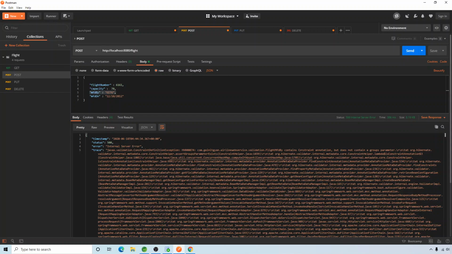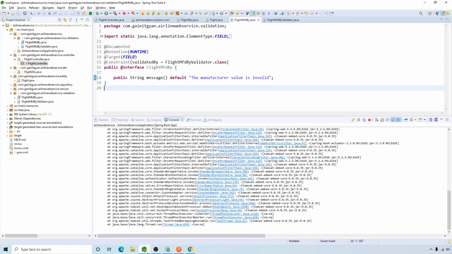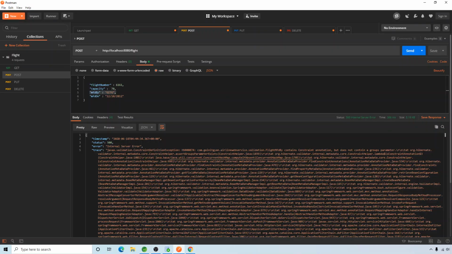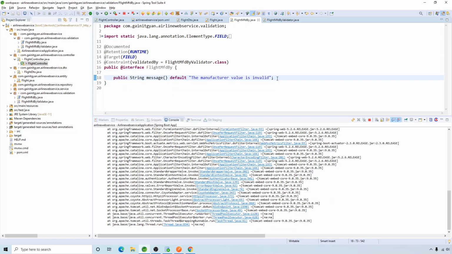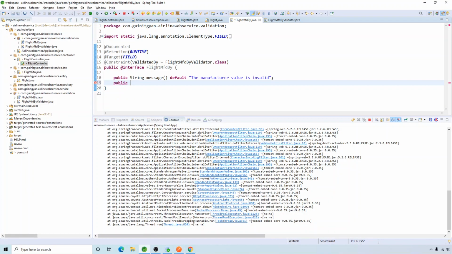It says contains constraint annotation. Okay, yes, we have the constraint annotation here, but it says it does not contain a groups parameter. So this is not a validation exception, but something that we missed in our code. I just wanted to create this exception so you guys know what exactly we are missing. We are missing something called the groups parameter, that is the groups implementation. For that, what we're going to do is give the default implementation for the groups method,